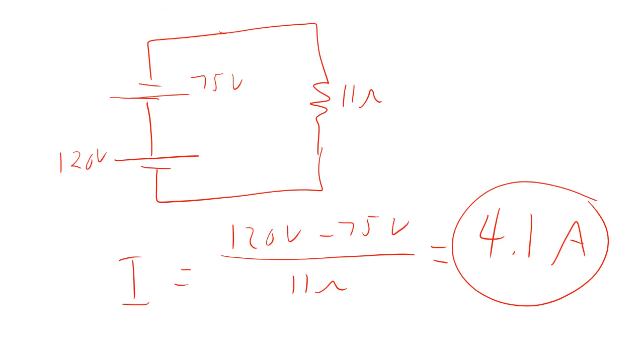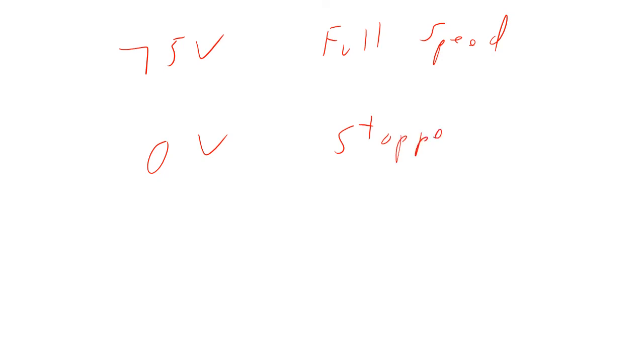So now the question would be, suppose your power tool is spinning at half speed. So you're putting it under load, it's not spinning at full speed. How much current does it draw? So the question is, what's the back EMF? Well, the back EMF is 75 volts at full speed. The back EMF is 0 volts when it's not moving. So at half speed,